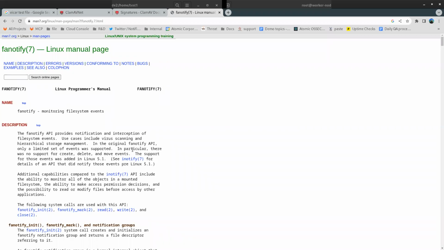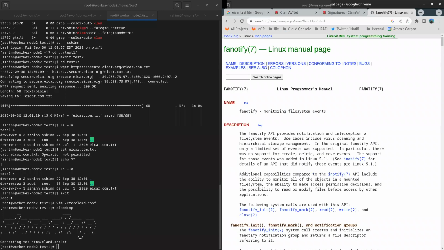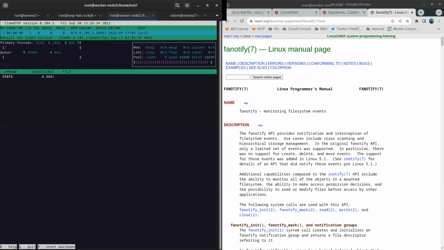I'd call it FIPS, but that acronym is already taken by something else. But effectively, we can connect ClamD to this kernel function and allow us to basically IPS the file system efficiently, which is really what matters here. That's why it was important that we have a threading service here in the form of ClamTop that will allow us to do this. But more important than all of this is that we move from a reactive model where